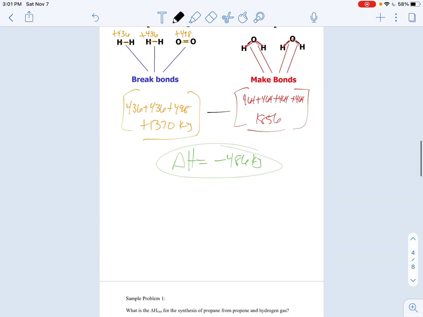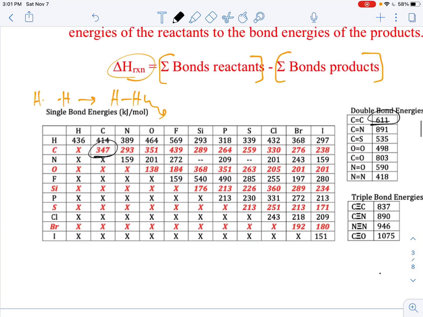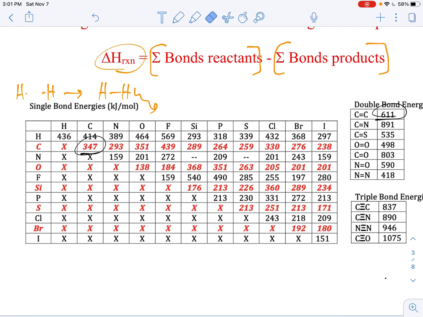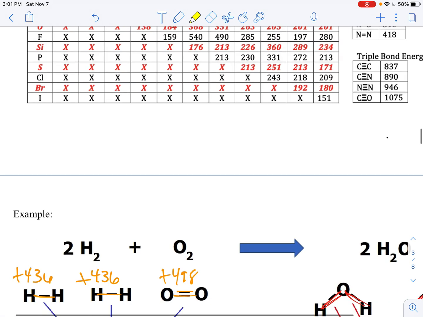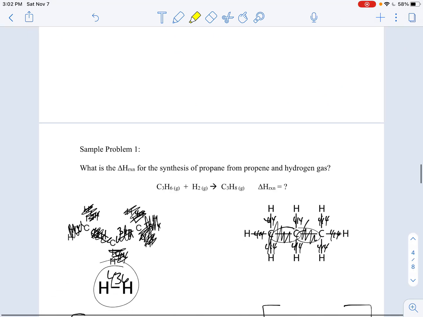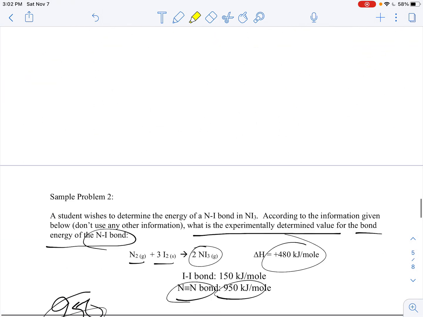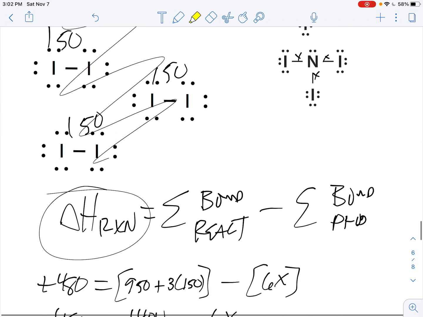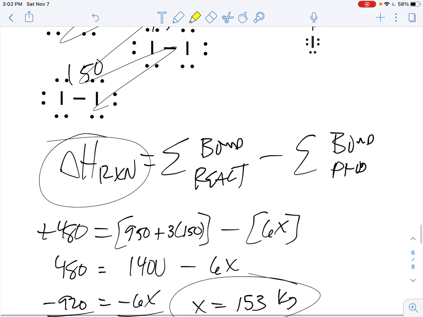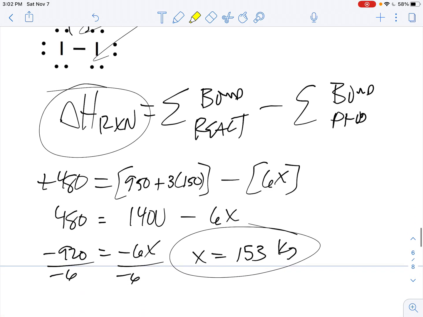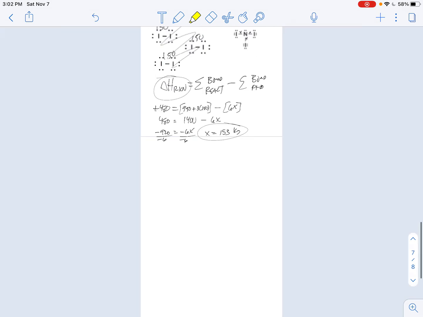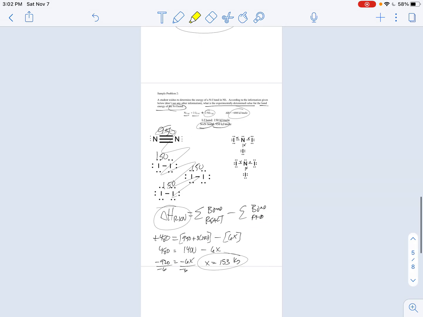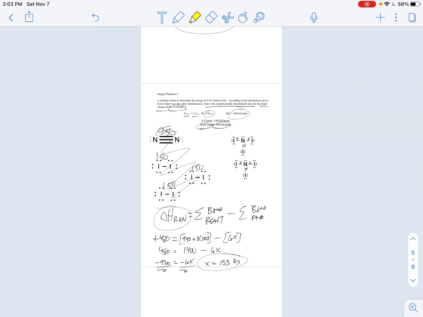Now let's cheat and see how we did. We got 153 according to our chart up here, and the Ni bond is actually 159. So yeah, we're pretty close. We're in pretty good shape. So the experiment got us within a stone's throw of the chart answer at any rate. So again, all you're doing is taking the bonds of the reactants and subtracting the bonds of the products from them. All right, and that is